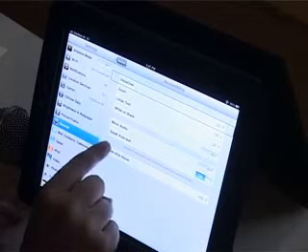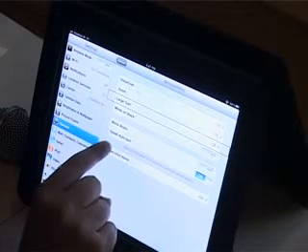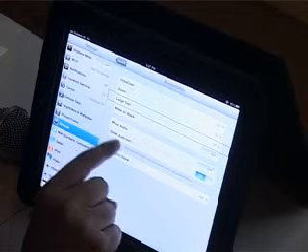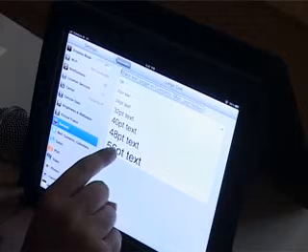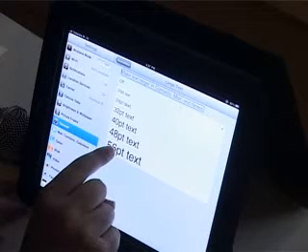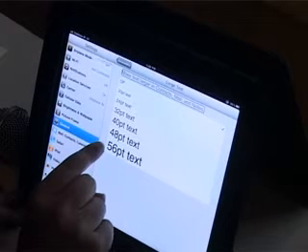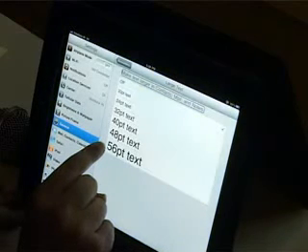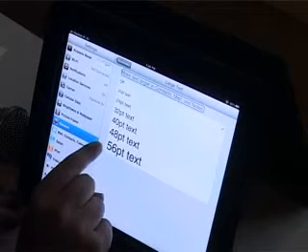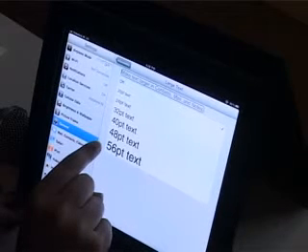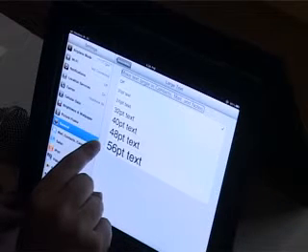VoiceOver on, button. Zoom, off, button. Large text, off, button. The next one is large text. Make text content larger in Mail and Contacts. You need to resize only text content. One possible reason Zoom doesn't work for me is that VoiceOver and Zoom will not work simultaneously. VoiceOver should be off to use Zoom.